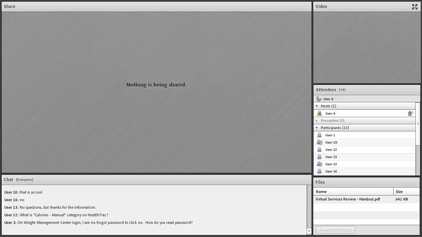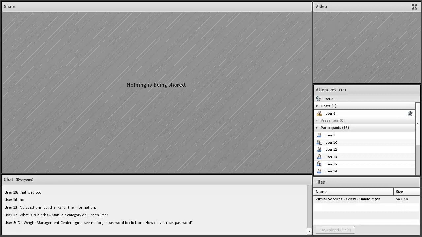Actually, most people probably didn't catch this, but we recently renamed what had been called calories consumed, which is what it was showing up as on one of those screenshots I showed you. We changed it to calories manual. That's a place for patients to report the calories consumed that they might be tracking in a different system.